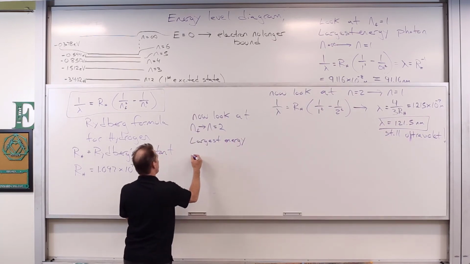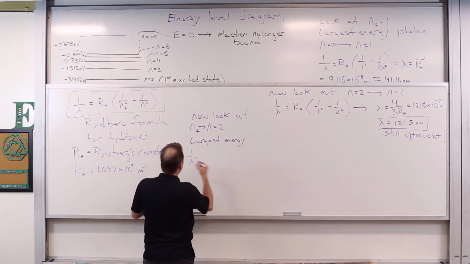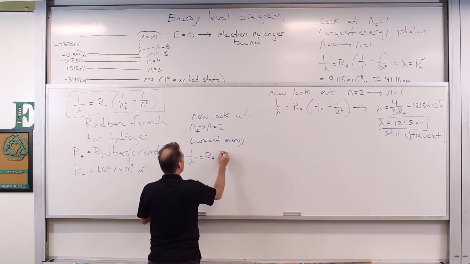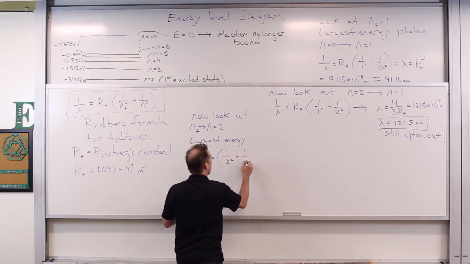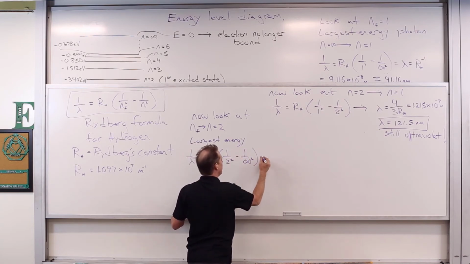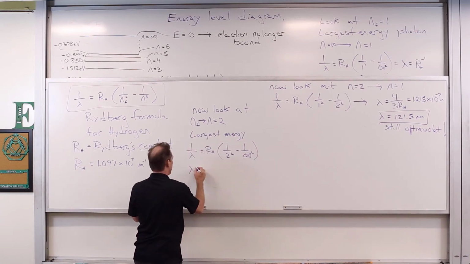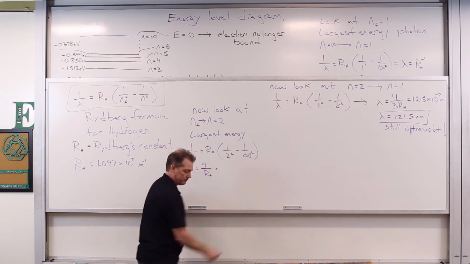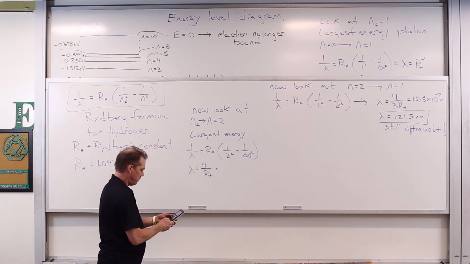We've got that n initial would be n sub infinity, and 1 over lambda is equal to r sub h multiplied by 1 over 2 squared minus 1 over infinity squared, which just gives us that lambda is equal to 4 divided by r sub h. So we'll go ahead and take that, 4 divided by